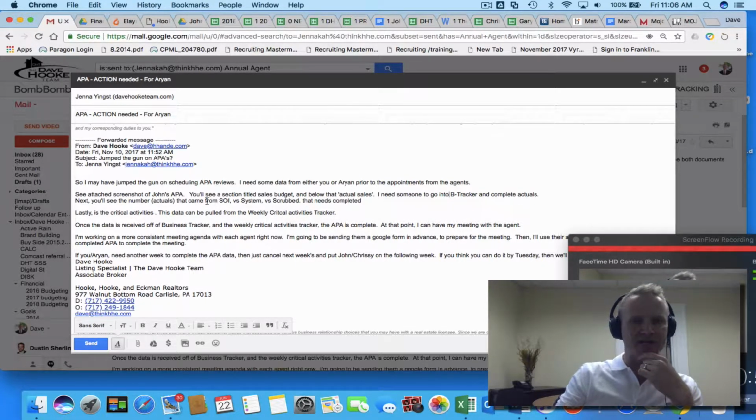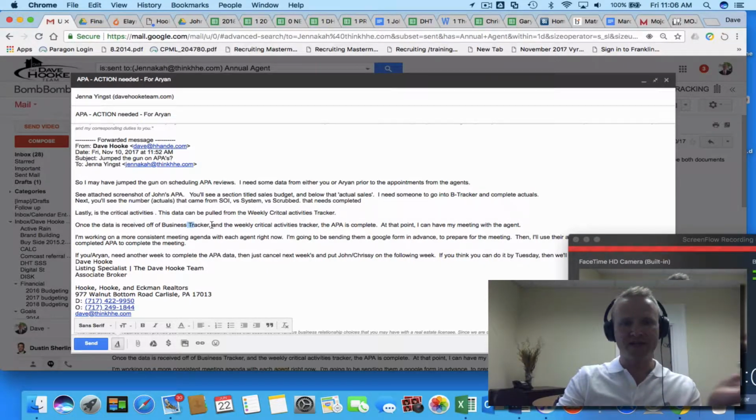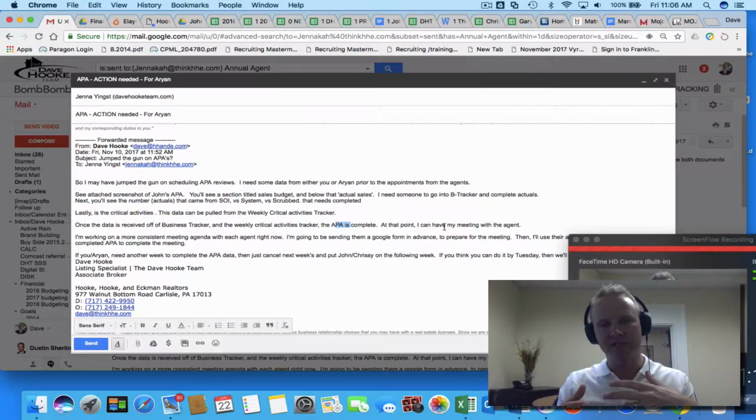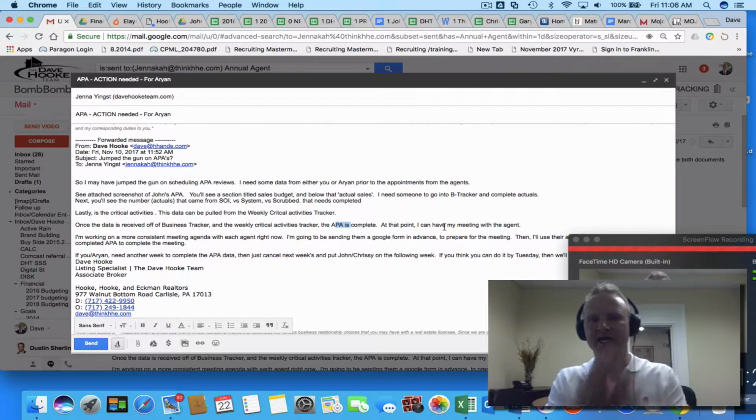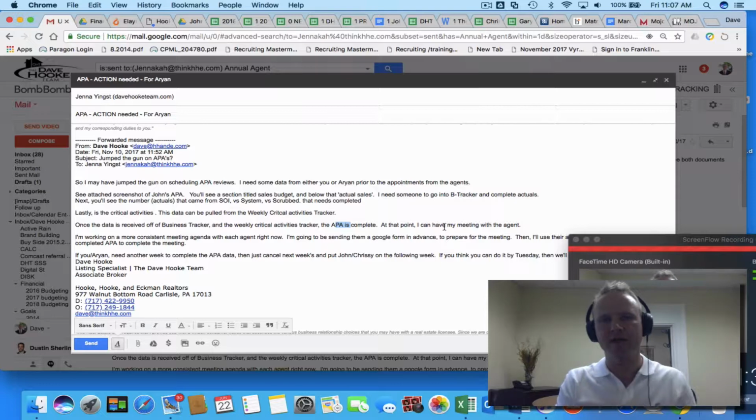Next, you'll see the number of actuals that came from SOI versus system versus scrubbed. And that section needs completed. Lastly is critical activities. This data can be pulled from the weekly critical activities tracker. Once the data is received off of these places, it can be inputted into the APA, and then that part is complete. Each agent has an APA, and so basically we just need to get the data from the weekly critical activities tracker and the business tracker, and maybe the buyer appointment tracker, and put it in the APA for each agent,